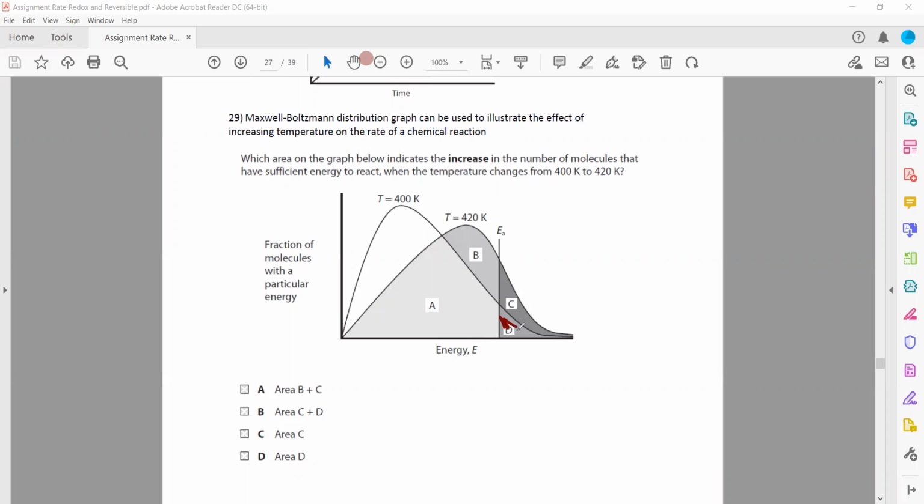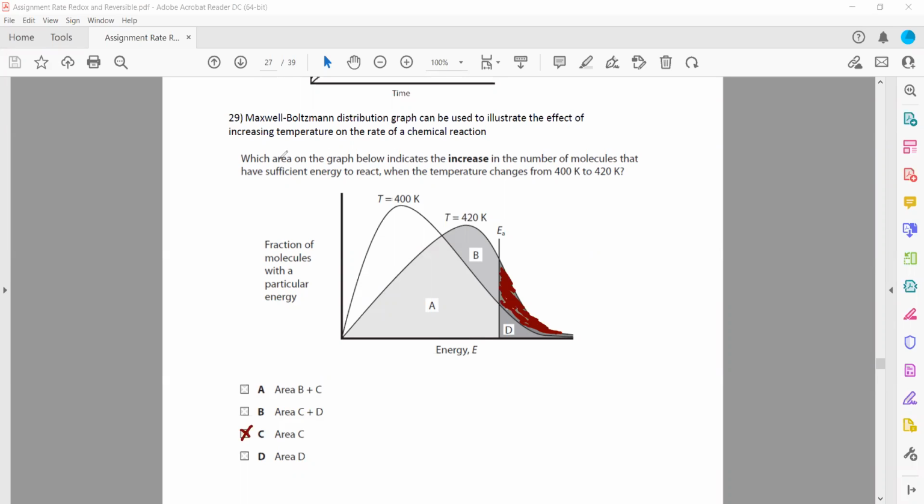So this is D. And then, when we increase the temperature, this is the extra part. These are now extra molecules which will react and form a product. This region C, D is already there. They were reacting. Now when we increase the temperature, the molecules under this region will also react. So it means area C is the part of the molecules which will also react and form a product. The total number of molecules is actually C plus D, but the area which is increased here,